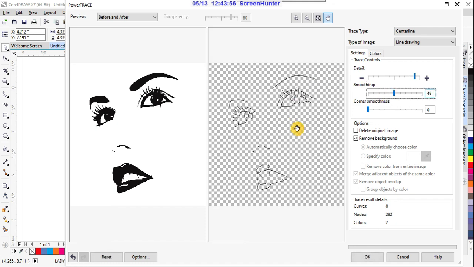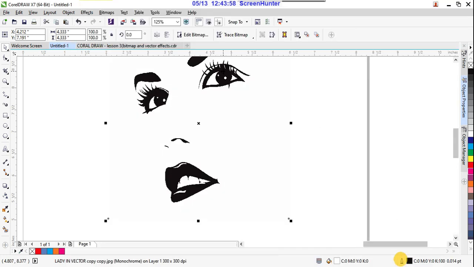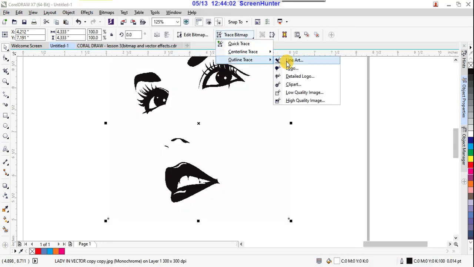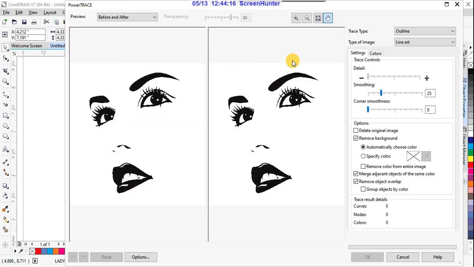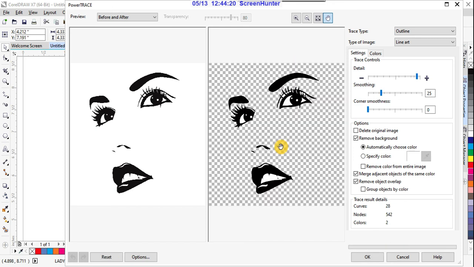If you apply and observe these things, and cancel, we actually want the line art. So as an artist or designer we use this. The earlier ones, technical illustration and line drawing, those AutoCAD and line drawing people use those options. Here we are using line art. Yes, see this. Perfect. So here before and after, it is showing.